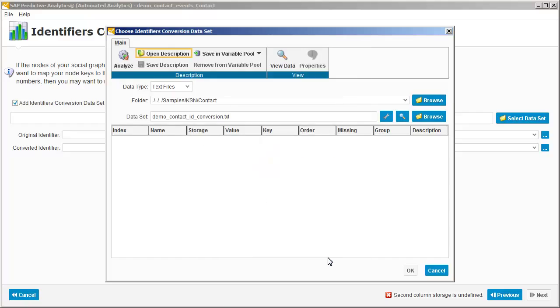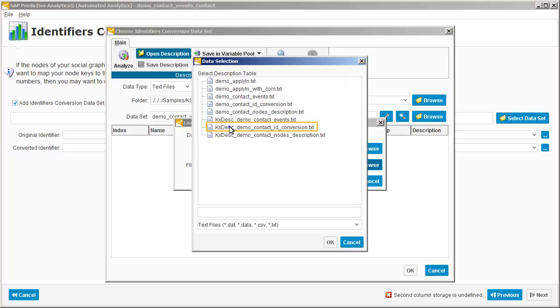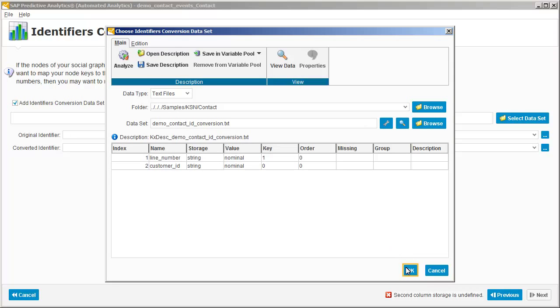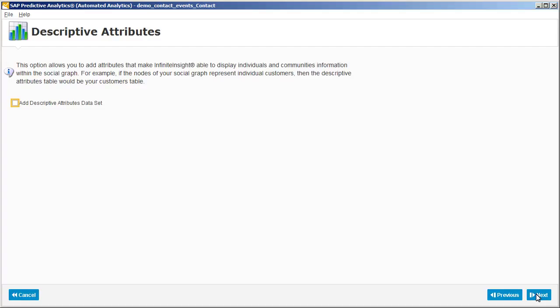Next, we'll open the description file for the identifiers conversion dataset. Now we'll add the descriptive attributes dataset.